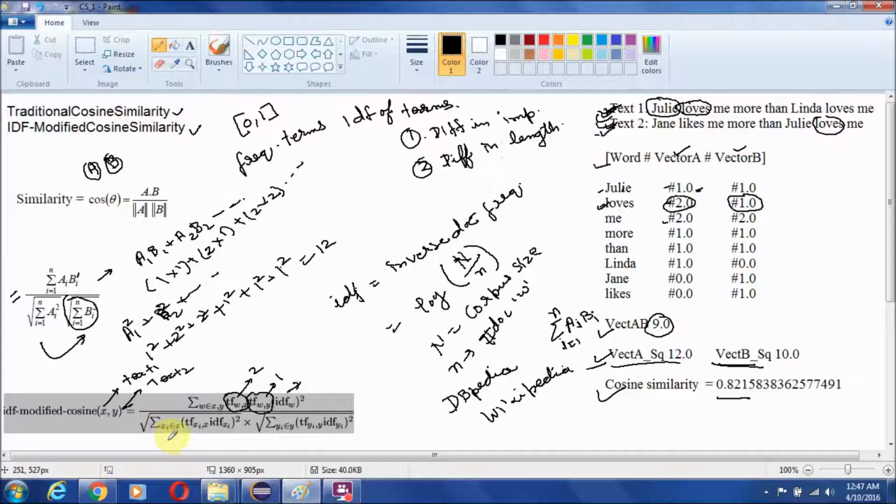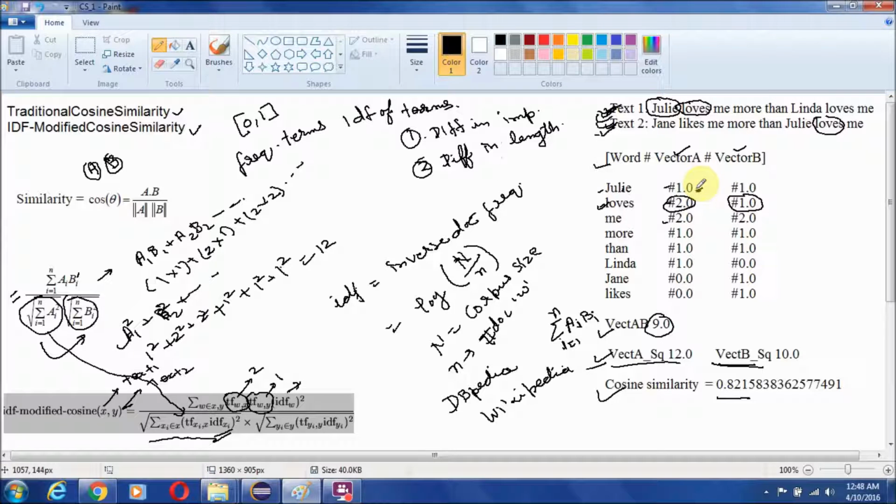Now the denominator of the term may be like term frequency, this is equivalent to this part. The only difference is we have used inverse document frequency of the term I. Means suppose if you want to calculate this part, then here we will use same process as we used here.